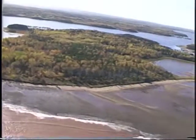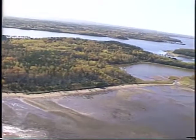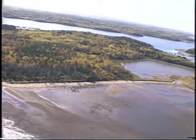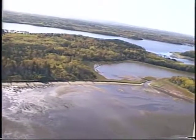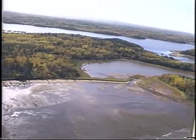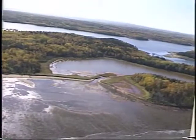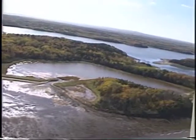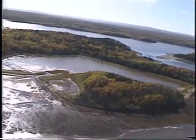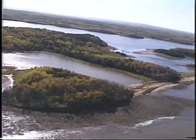Very low gradient. You can see some of the elongated gravel patches in this wide intertidal. This embayment is almost enclosed off, with a very small outlet inlet. A spit on the one side, wetland on the east side, and then on the other side of this small headland, which is also eroded, there's a more continuous barrier beach, although it does show evidence of wave overwash at